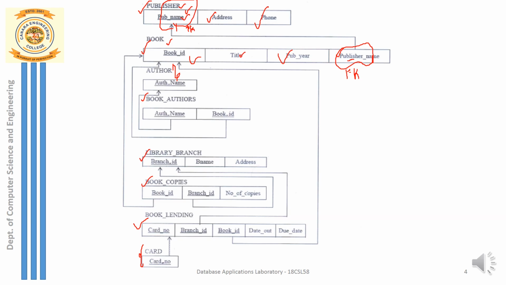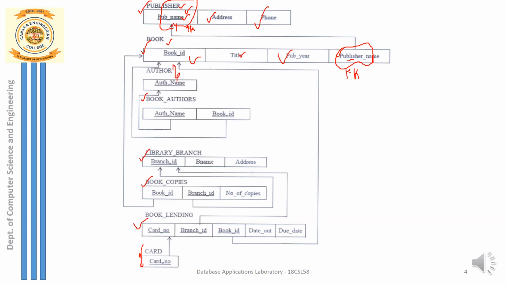So I call this the base table, publisher, and this book table I can call the referencing table, or I can also call it a child table which references the publisher table. Okay, so here remember, when you put the arrow mark, this is an arrow which is pointing to the publisher name. So the arrow must always point to the primary key of the base table. So do not make any mistakes while drawing the arrow mark.